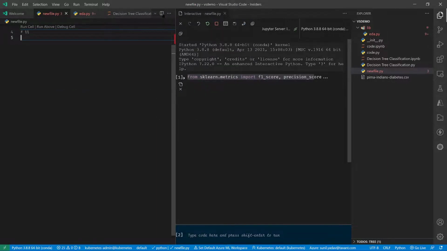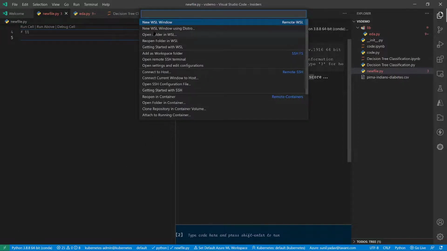You can not only do local development. If you click here, if you have WSL, it will work there. It will connect to WSL. If you have an SSH server, you can connect to a remote SSH server, and the development experience is just like working on a local file system. And there are many more features.